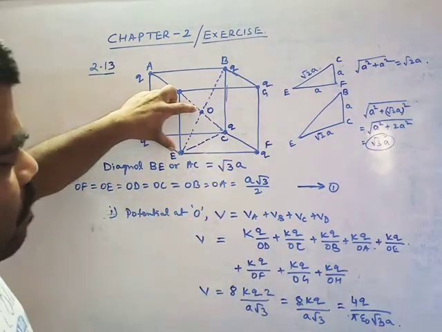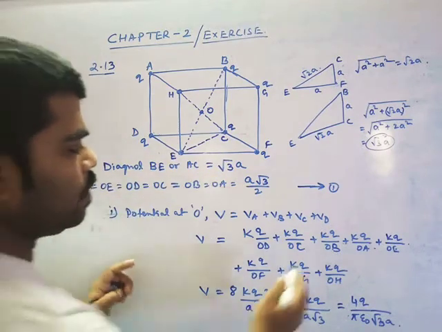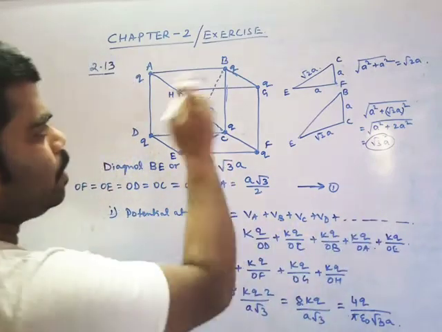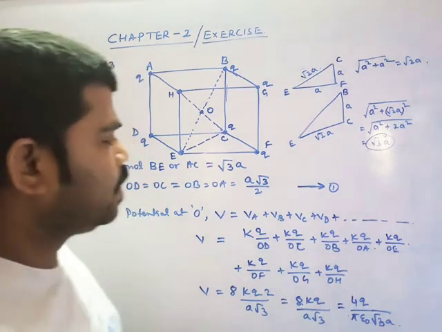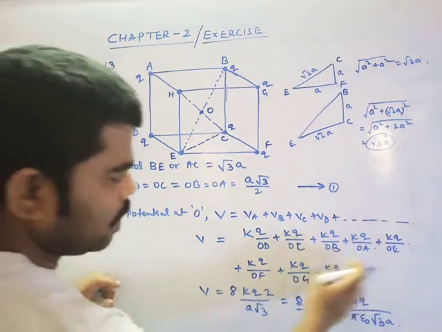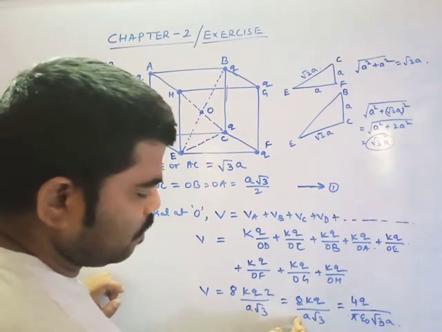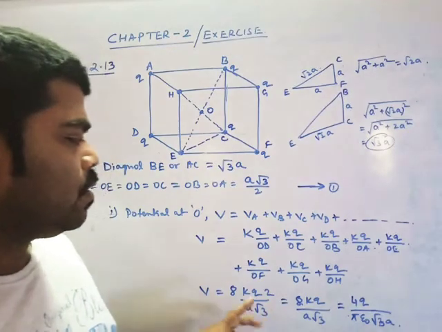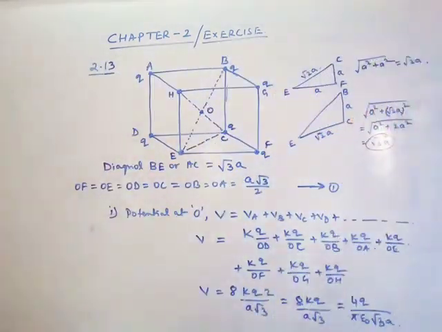Now make it half, because it is at the center point, so half कर दिया इसको. Now, you can see there are so many potentials added. How many potentials are there? Because of 8 charges, 8 potentials will be there. तो 8 potential आ गया इसमें, मैंने यहाँ पे लिखा, देखो I have written 8. Now use the values, and after that you will get this answer. You know the value of K and all. So it's very simple to find the potential. Is it clear? Now let me find the electric field.